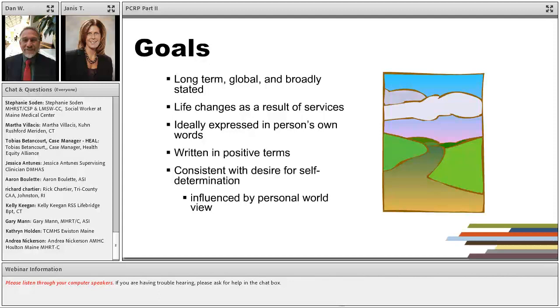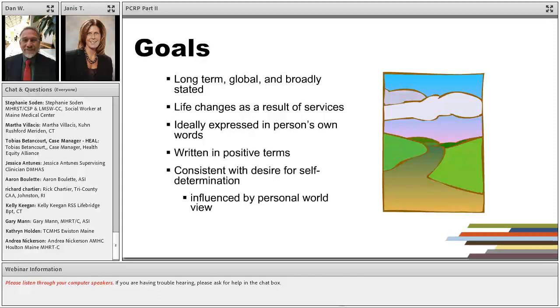So if a person were to say to you, I just want to be less depressed, and they're very focused more on the resolution of the symptom, that's where talented practitioners use their skills and say, so if you weren't so depressed, how would your life look different? How would you be spending your time, right? So somebody may say, well, I might get my job back. Maybe I'd get out of bed in the morning and go read at my kid's kindergarten class. It's that kind of skill in the goal setting where you use your skills as a practitioner or the supporter to try to help people be thinking in that forward-thinking way.